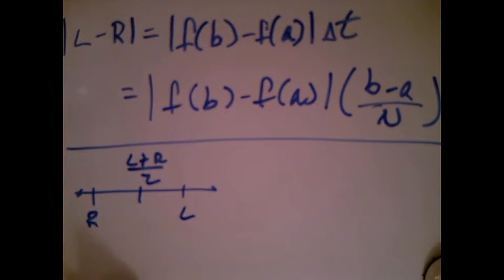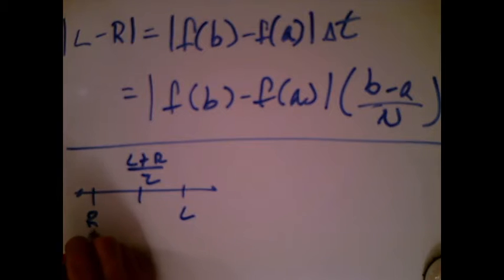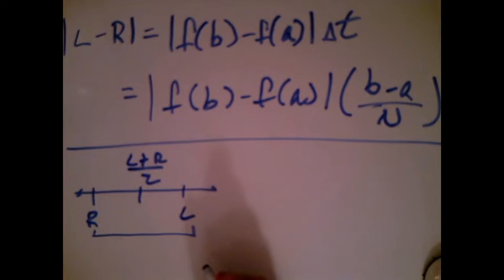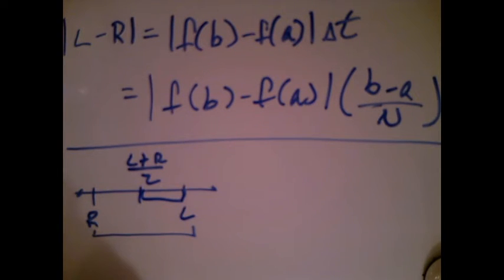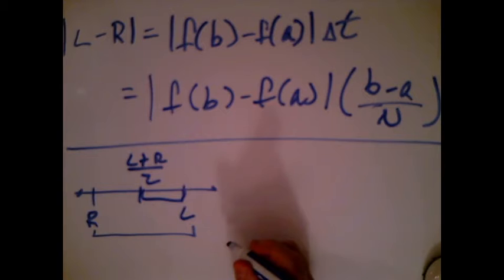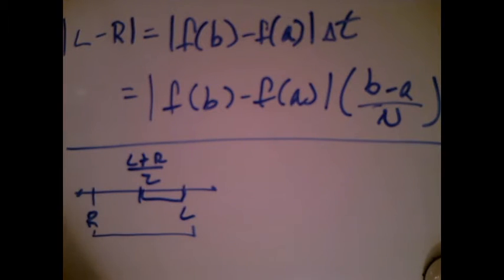Now the thing about it is, left minus right would be this whole thing. That won't be our error if we use the best guess. Our error will be half that. So instead of saying the difference between the upper and the lower is less than all of this, I want to be able to say the following,